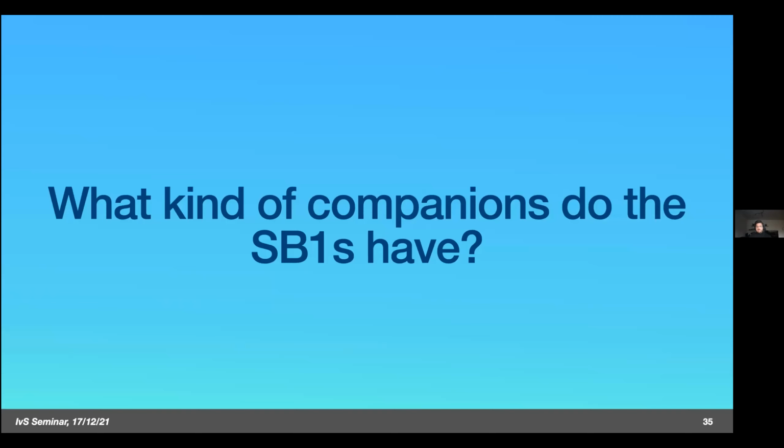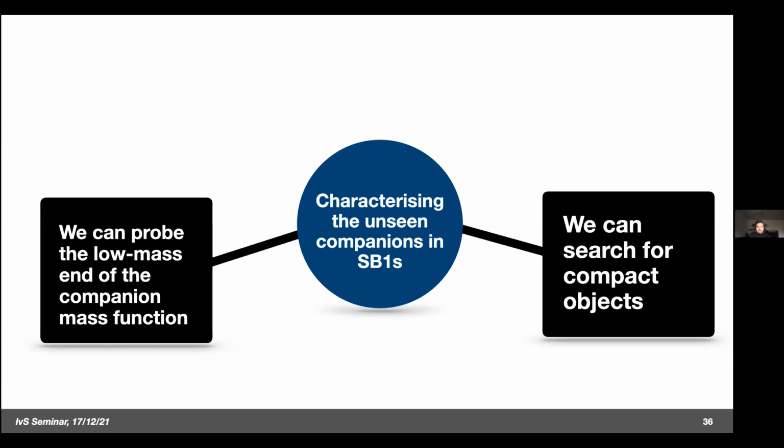Okay, so we've identified the binaries in this cluster, and now a useful question to ask is, what kind of companions do these SB1s have? The reasons to investigate this question are twofold. You might remember that I said that SB1s are lacking a secondary signature, potentially due to the observational bias I've mentioned: if the secondary companion is faint or rapidly rotating, or if potentially they are a companion that emits nothing in the optical,